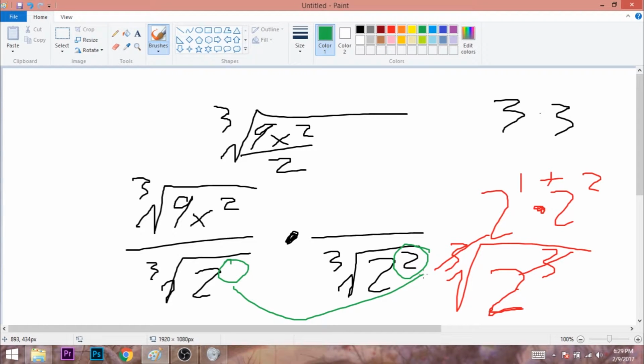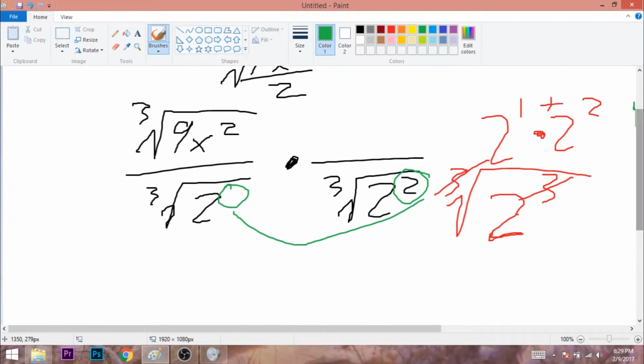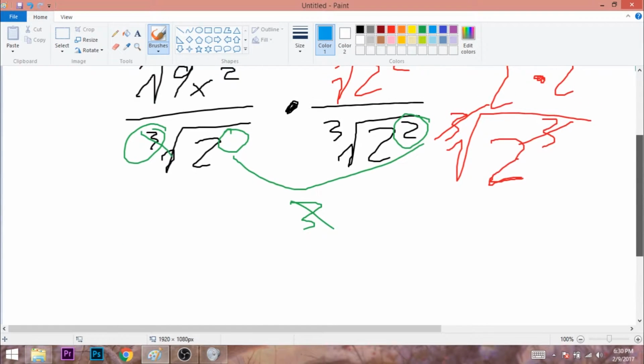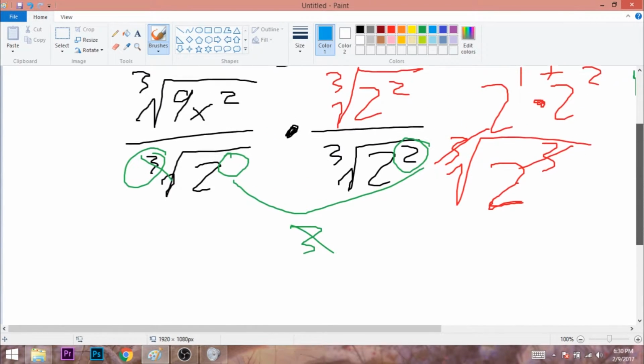If you add them together, you always want it to be the same as that of the number you're rooting by, right? So you want to have it at 3. That way the 3's cancel out, right? And so what you're going to do is multiply both the top and the bottom. Final answer would be, if you multiply everything, you get